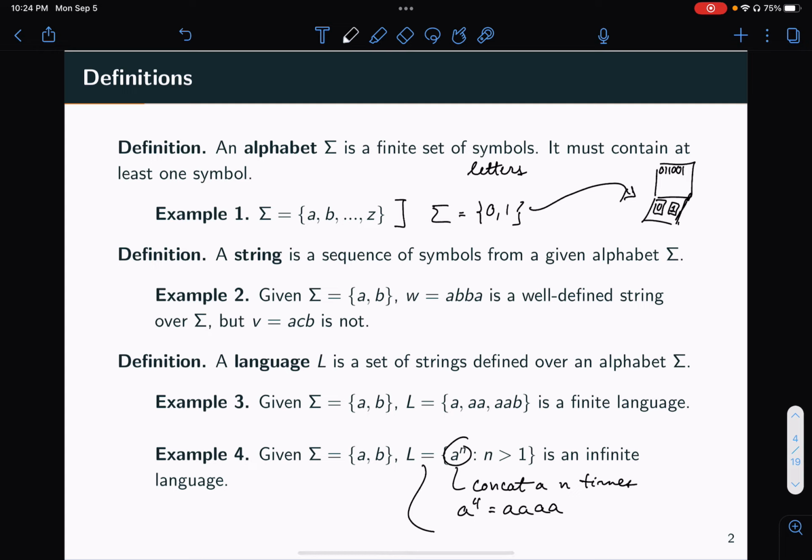Okay, and so this language here, this language L, is actually then all of the strings containing sequences of A's, where those sequences of A's are at least 2 or more in length, right? So I have AA, I have AAA, I have AAAA, and so on, right? So this is an infinite language. Another interesting one that I don't have written here is actually if I'm given the alphabet A, B, C, all the way to Z. So I have the English alphabet,